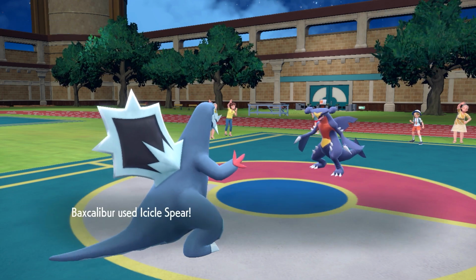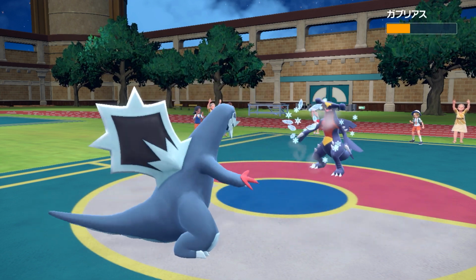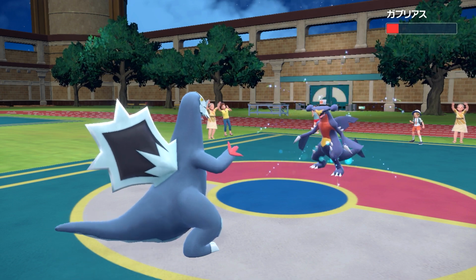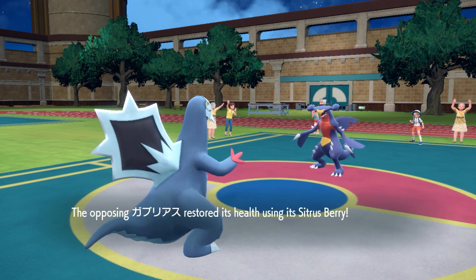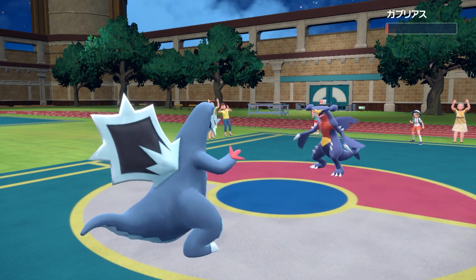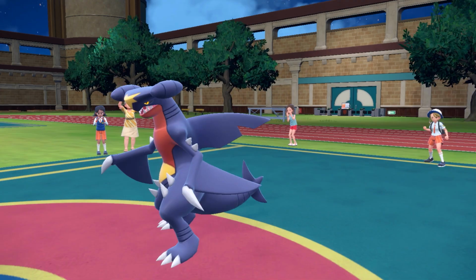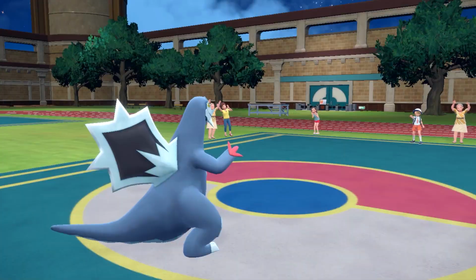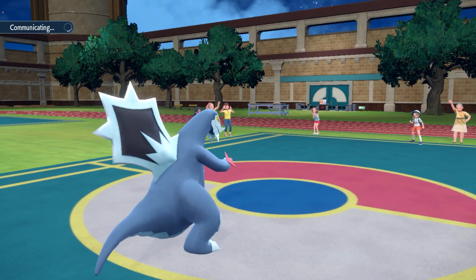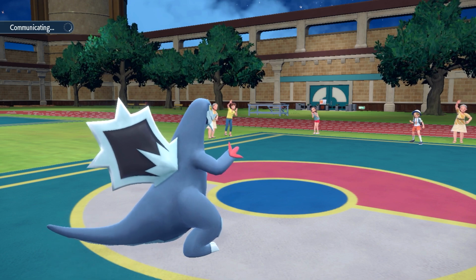Now, since we EV train speed, we're going to be faster than this Garchomp, as well as having the held item Loaded Dice, which allows us to use this Icicle Spear up to 4 to 5 times. Usually it's a random between 2 and 5, and you can see Garchomp just ate a berry there, and we just continue attacking it. Pokemon who hold berries, or things like Mimikyu, who avoid the first attack but don't take damage the second time, are not able to face Baxcalibur, because Baxcalibur will just destroy them with this Icicle Spear over and over and over,